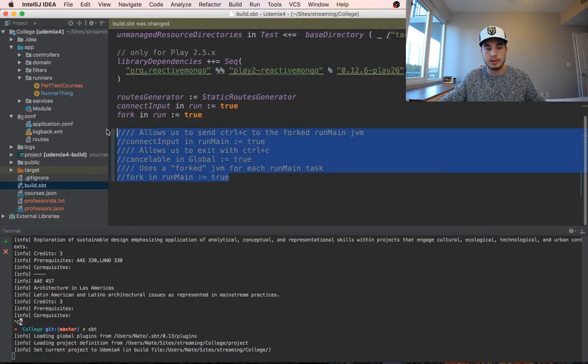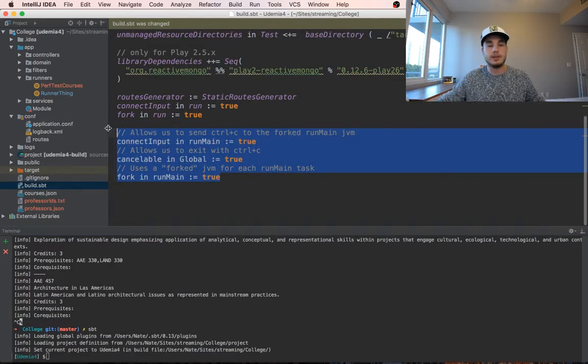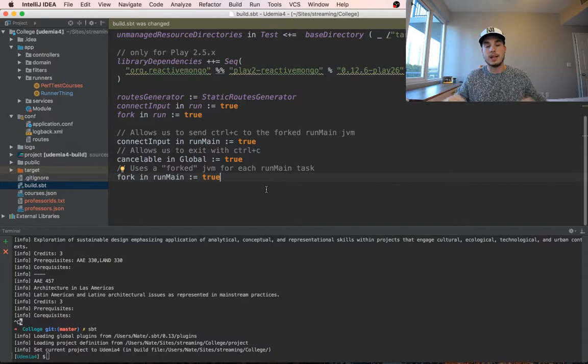So hitting Control-C while you're running a task quits the parent SBT, and that's because we need to use a few options here to run our task in a separate JVM that we can quit out of. The first one is fork in run main. You could do this with fork in run if you wanted, but for our job runners, we just need fork in run main here. And what that does is, when you're running the task run main,